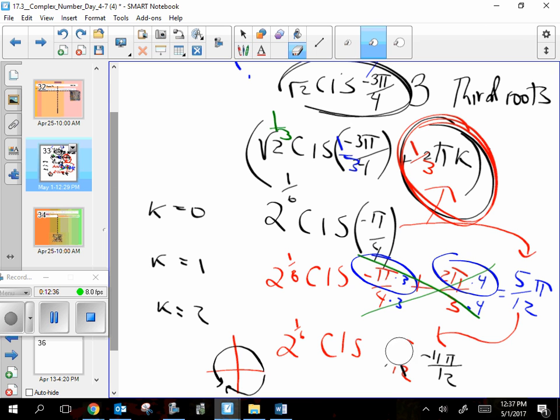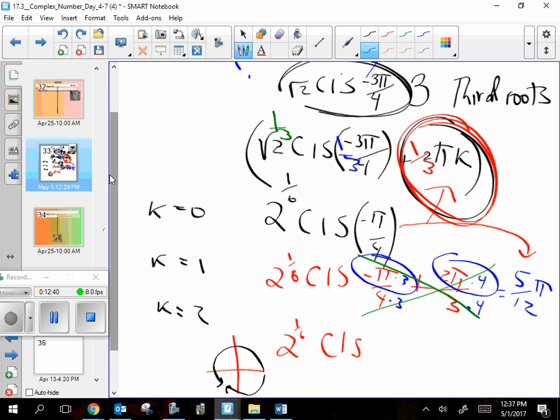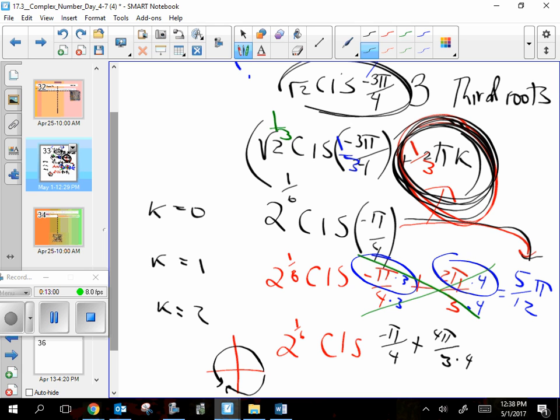Let's see if I can do it the other way, which is to not figure out how much it grew by, but to just stick in a 2 in here, right? Okay, so then I should have had negative pi over 4 plus this part, which will be 2 pi times 2, which is 4 pi over 3. I bet it was just a common denominator thing, wasn't it? I transferred 3 pi over 4 to 6, or I did negative 3 pi over